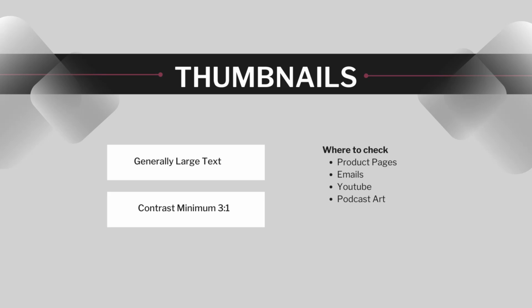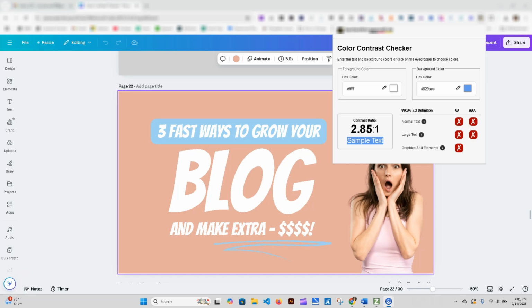I just happened to go into my feed and saw so many thumbnails. Now, obviously they don't all have text, but of the ones that do, there are so many that are a white font with a pastel background, or black with a dark red. That one you need to be very careful with to make sure it passes. Let's just take a quick look here at one example of poor color contrast and then quickly how it could be fixed. Okay, so here we just have an example of a thumbnail that I made in Canva.